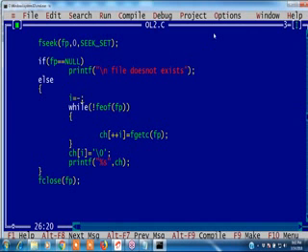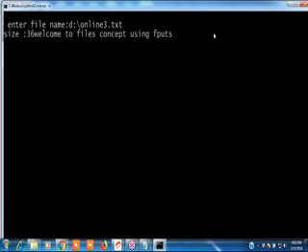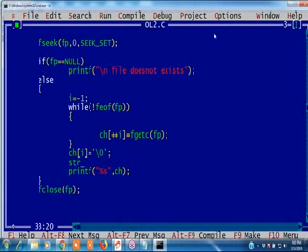Okay, why has the first character come? Directly it has taken, take from minus 1 here. Minus 1, you can see now. Now D drive online3. I will explain once, guys. See this. Welcome to files concept using outputs.